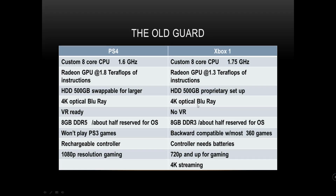All right, so before we go into what the new consoles are made up of and what they look like and what's inside them, we first have to take a step back to the original consoles. The PS4 and the Xbox One. Of course, we all know what they are. And we're not going to spend a whole lot of time on this slide or the next slide because both of them are just a review of what we're already dealing with. As you can see, the PS4 started out with a little bit slower processor, but a little bit faster GPU, and Xbox One was the opposite way. It started out with a little bit faster processor, not quite as good in the graphics area. Both of the rest of them are almost the same all the way down with everything else, except for the